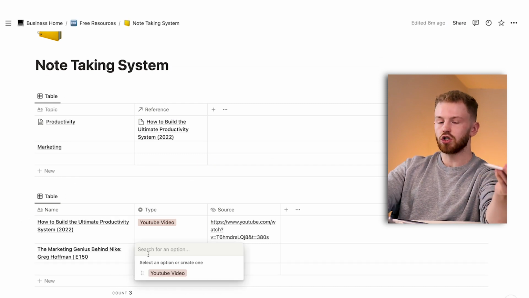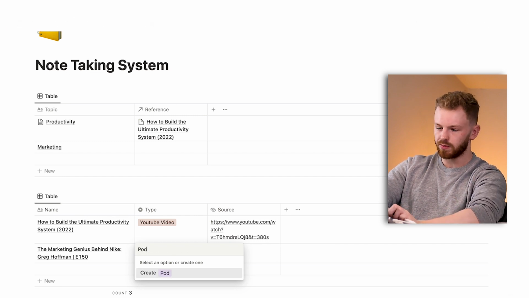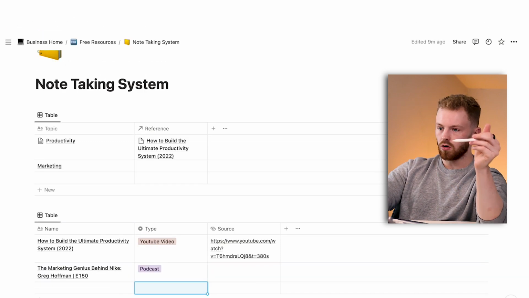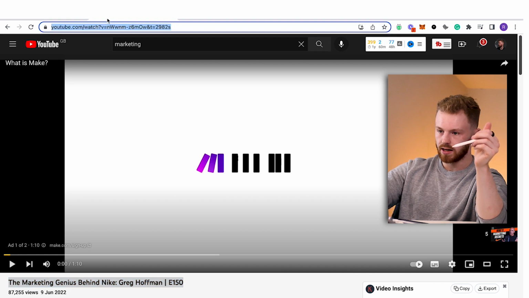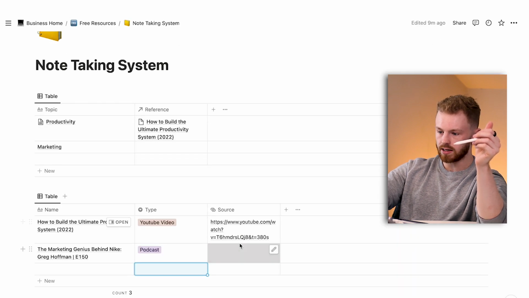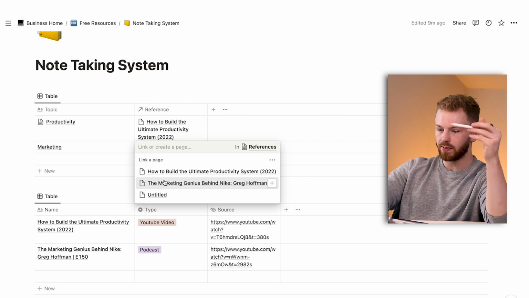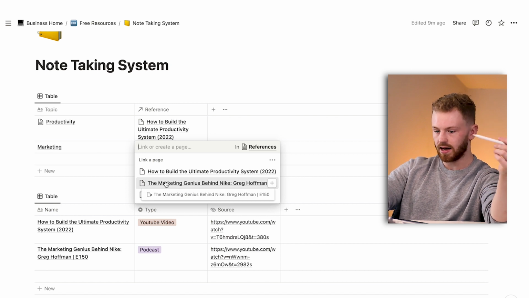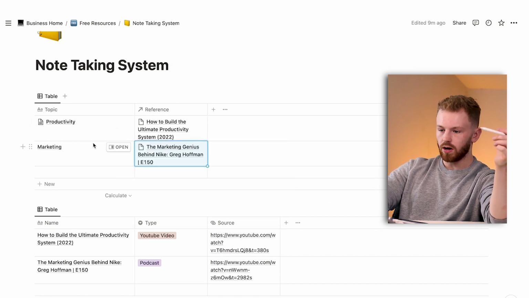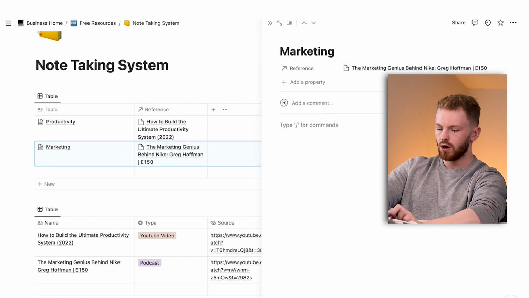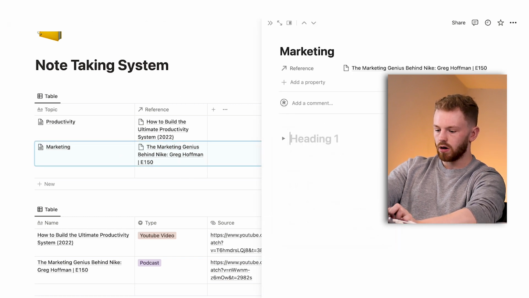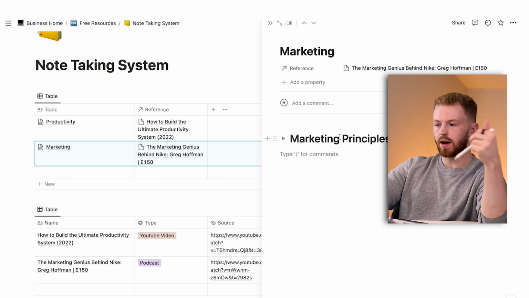Type again, you could do YouTube video because it's on YouTube, but because it's a podcast, I'm going to type in podcast. I'm going to go back, I'm going to copy and paste the URL of the podcast into the source column, and then I'm going to click on the reference column beside marketing, link to the correct page, the marketing genius behind Nick Groffman, the name, and then I could go into marketing and I could do toggle heading 1, marketing principles, and then do whatever and fill out my notes there however I want to take my notes